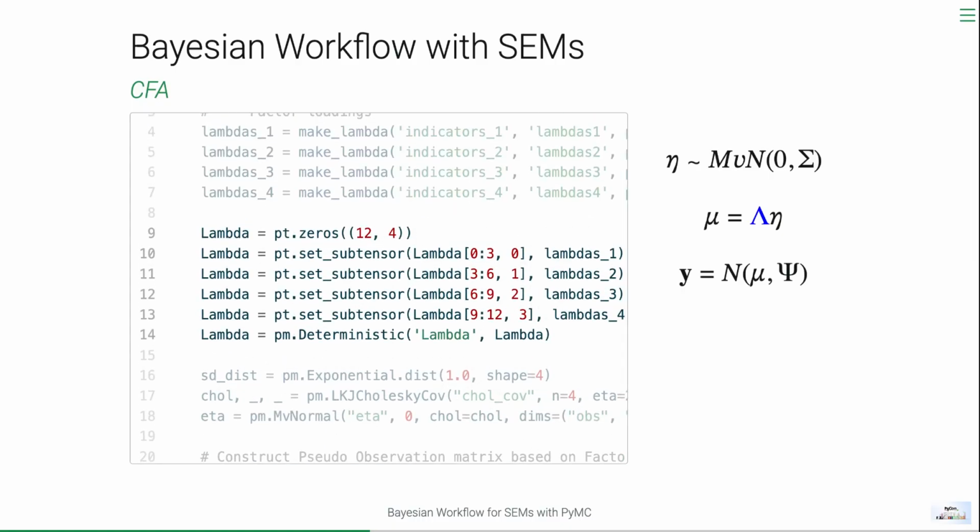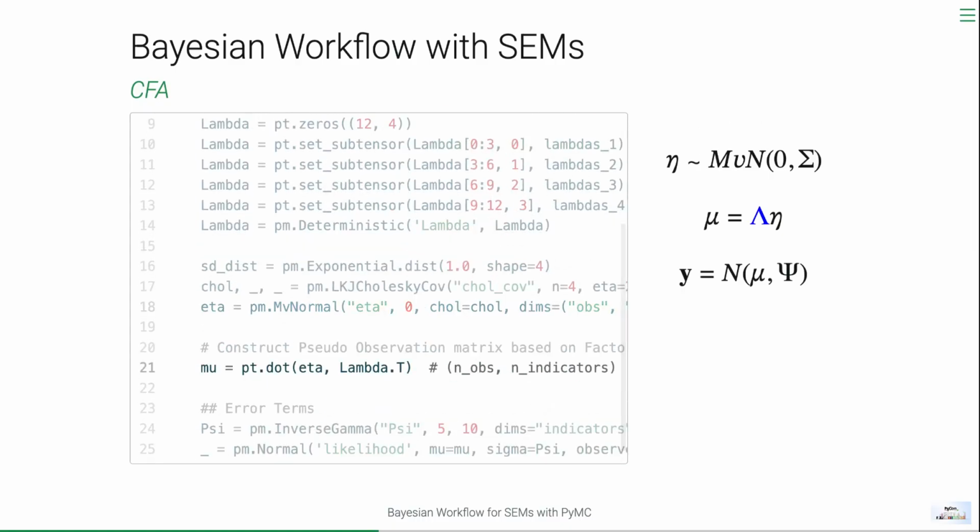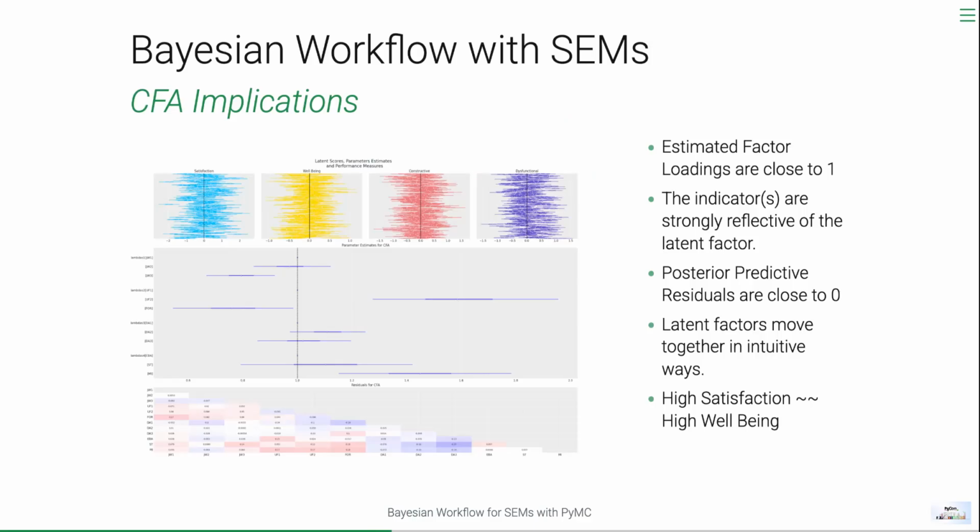And what we get out of a confirmatory factor model is, I tried to pull all of this into one image, but at the top here, our data set is like 1,200 observations, and there's basically 1,200 draws for each of the latent factors. So we have an individual's satisfaction score. We have an individual's well-being score. We have an individual's constructive thought process score, and we have an individual's dysfunctional score. They're all scored on this agglomeration of the three indicator variables per factor.